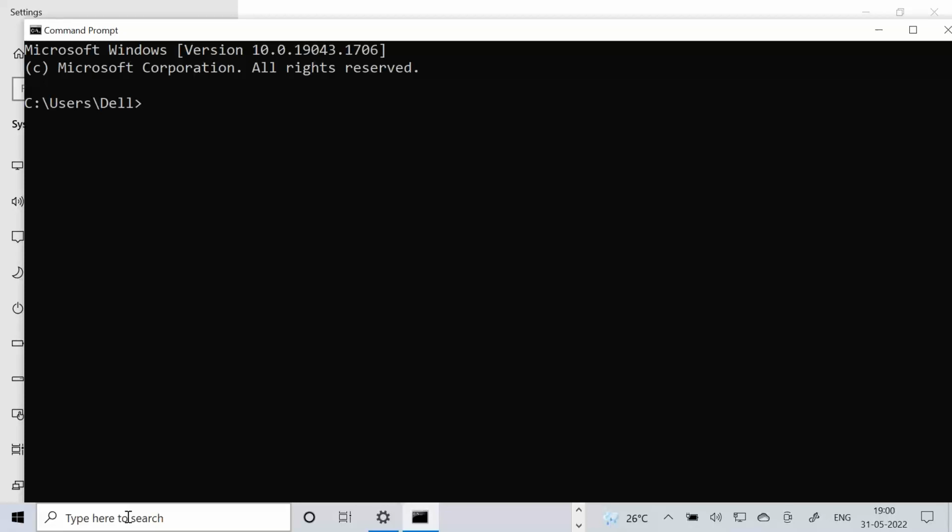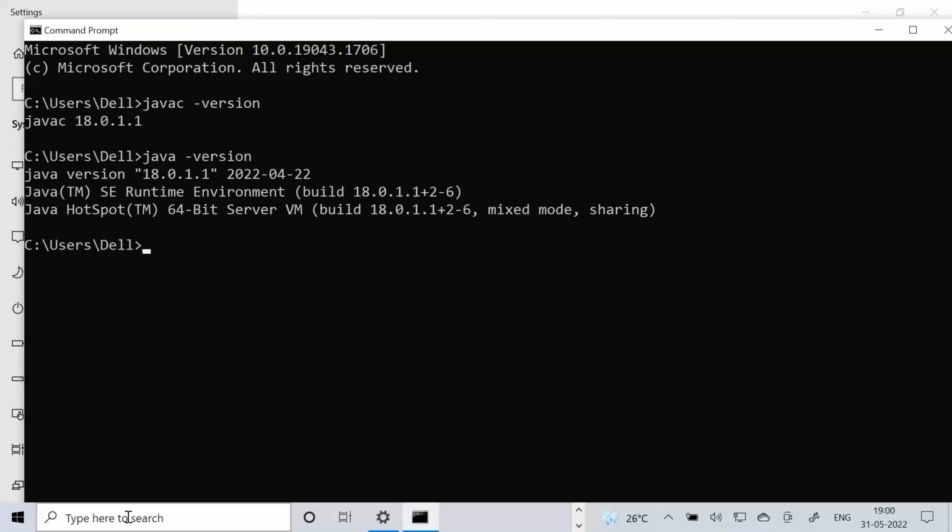Are you able to run the javac command? Come on, javac space -version. Java space -version. Open a second command prompt and check it out. Any number of command prompts. It's working. Everybody, working or not?